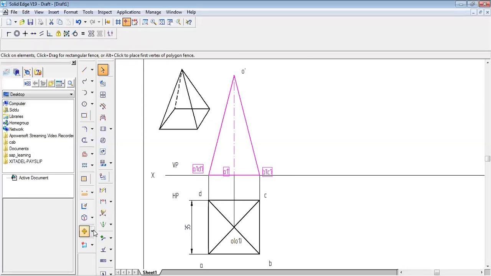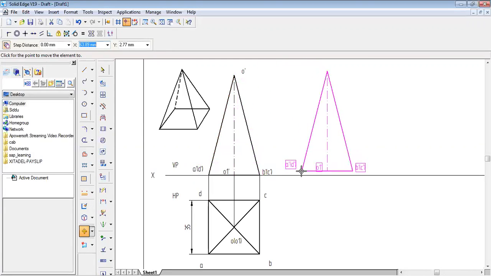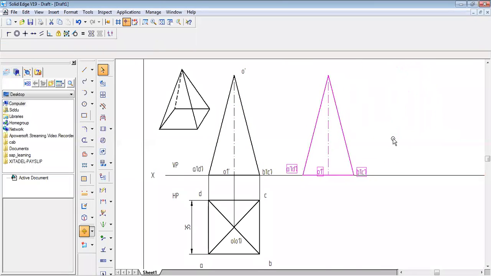Okay. So say move command. Just place it over XY line. Okay. So it is clearly given, friends, the axis is making inclination with respect to HP. So I told you it is better and more convenient to